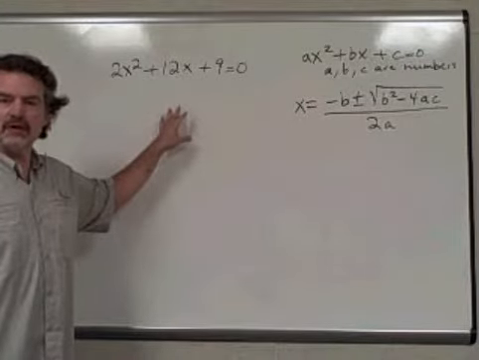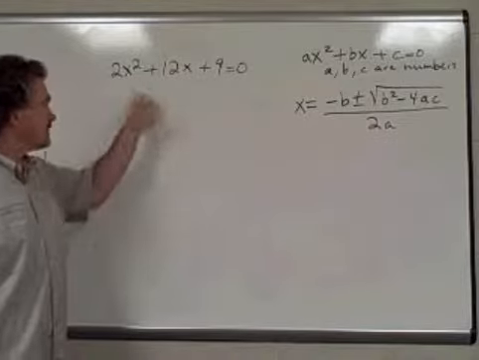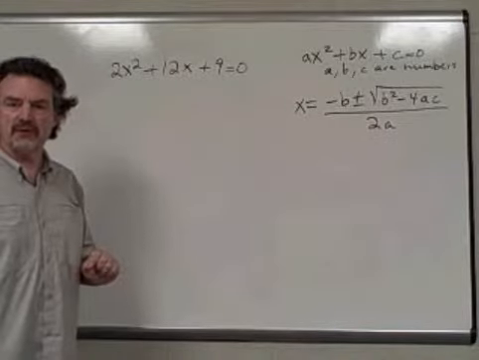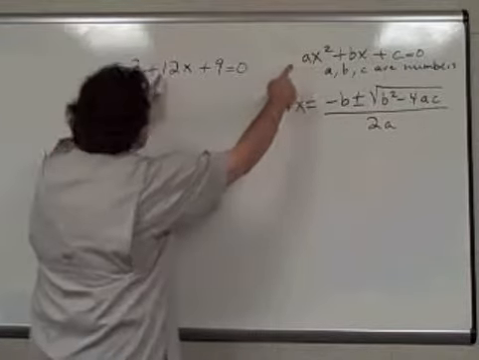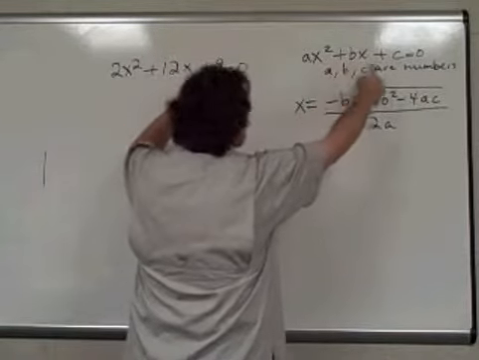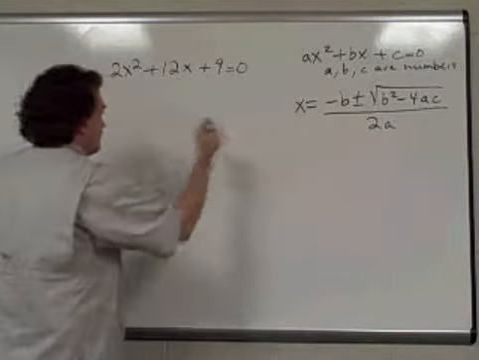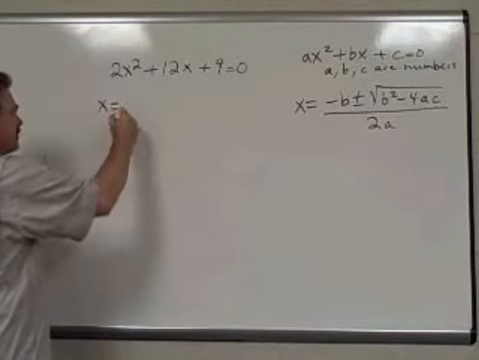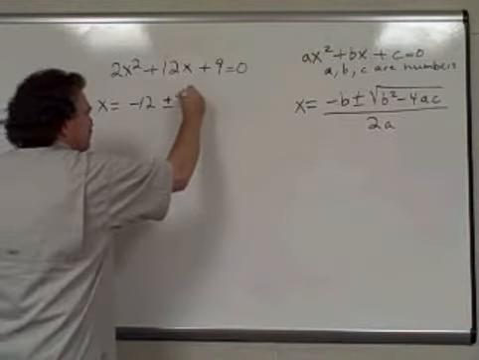Here's one last quadratic equation that we want to solve by using the quadratic formula. This equation happens to be in standard form, so we're ready to roll. The A coefficient is 2, the B coefficient is 12, the C coefficient is 9. So plugging those values into the formula, x will equal the opposite of b, that's negative 12, plus or minus